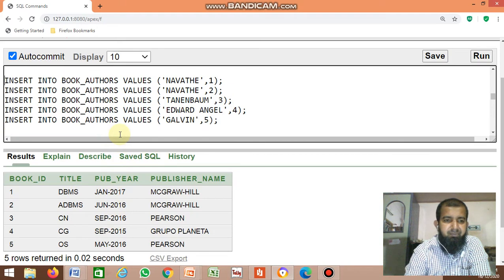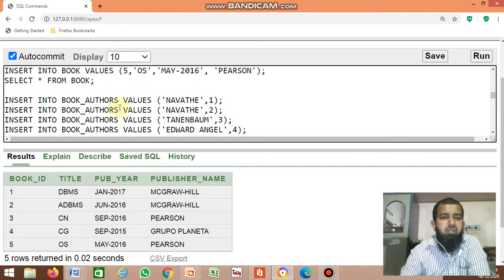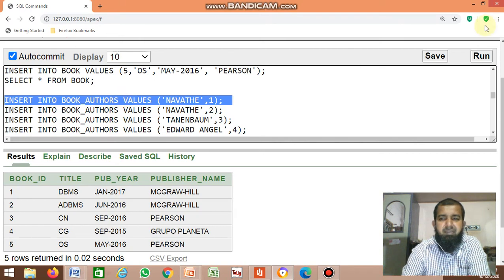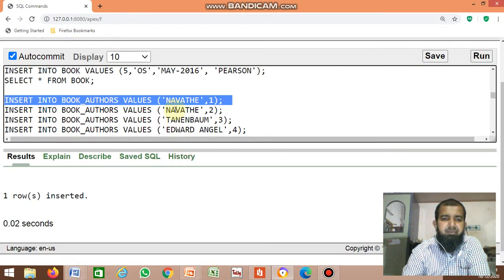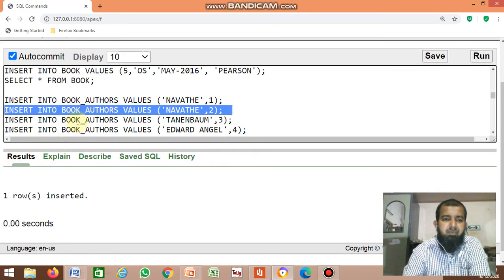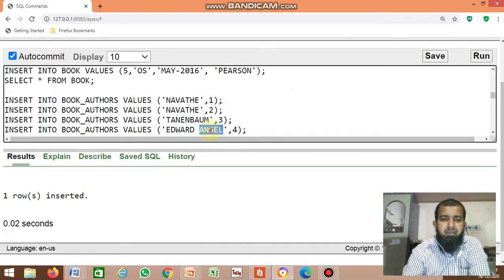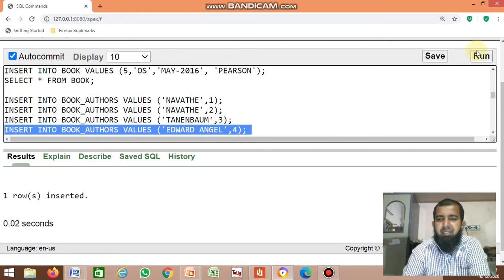Next, book authors. It contains author name and number of copies.